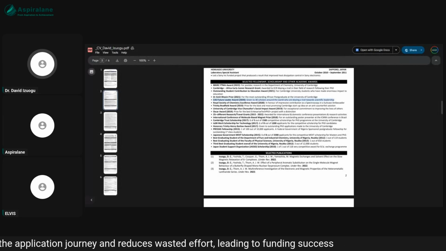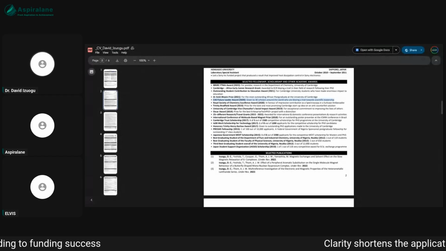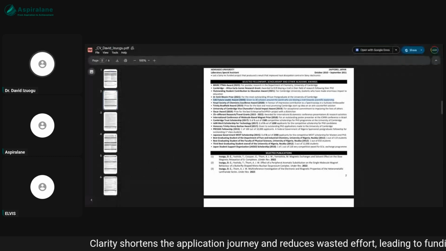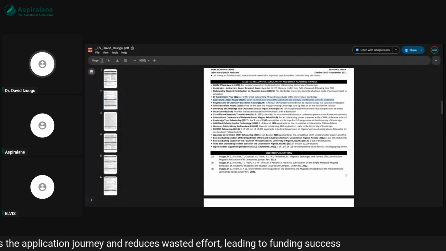I'd not just give a single line. By the way, I had to squeeze it this way because I was trying all I can not to go past 6 pages. I think I prepared this for a program and they said the CV should not be more than 6 pages.